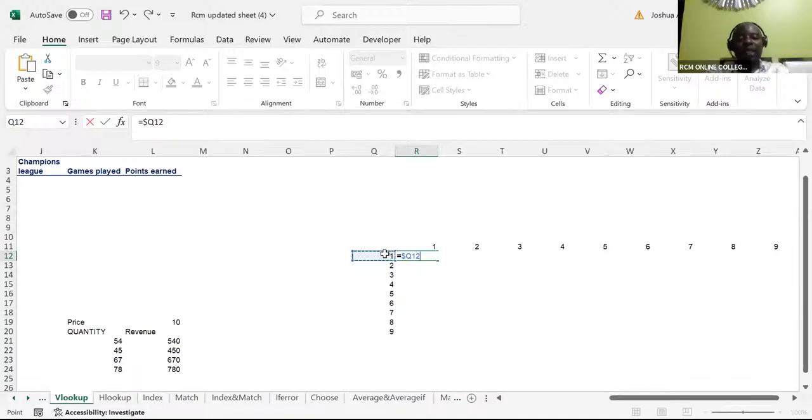Most students don't like it that way. What most students like, simply show them, like you're saying here, equals, pick that one. I want this Q to be anchored. So come and put your cursor there. Dollar sign, times